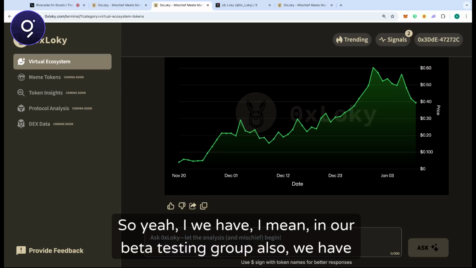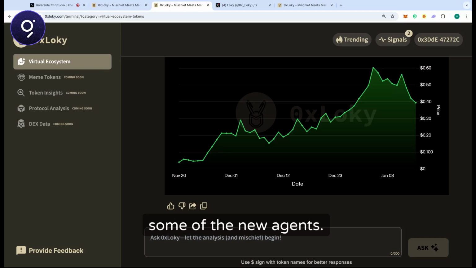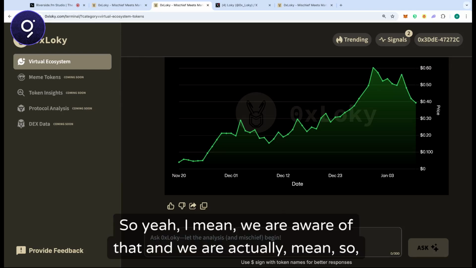So yeah, in our beta testing group we have received some feedback about the data refresh, especially for new agents. When a new agent is launched, the data refresh takes some time. We are aware of that, and we are actually